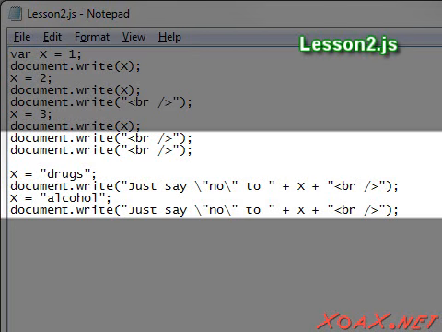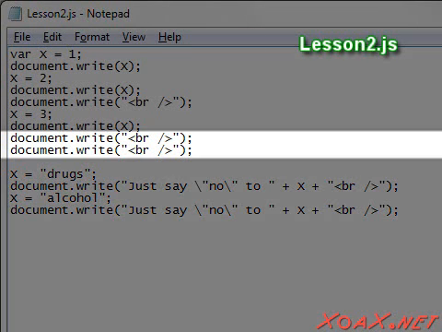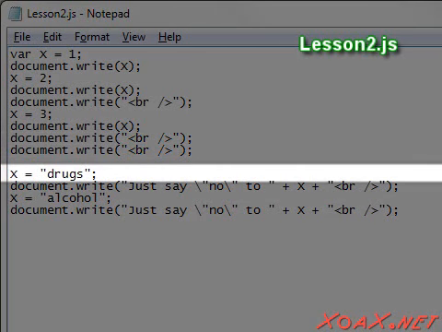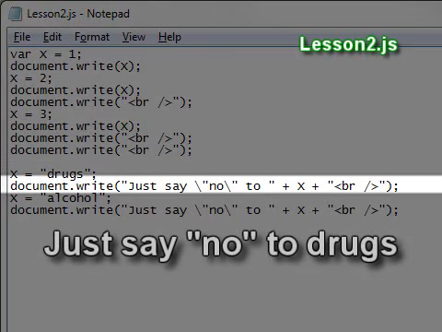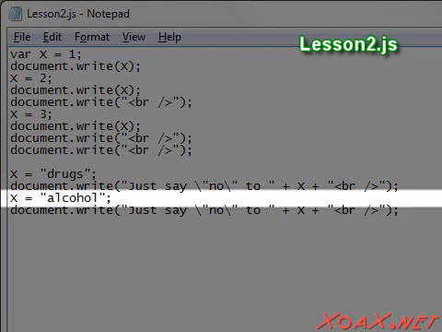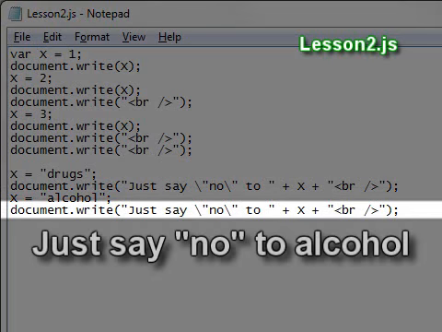Finally, we will add these 6 lines of code to the program to demonstrate some more variable usage. The first 2 line breaks move the output down 2 lines. Then the variable x is set equal to the string drugs to print the message, "Just say no to drugs," followed by a line break using the new variable value. After this, the variable is set equal to alcohol and the message "Just say no to alcohol" is printed,